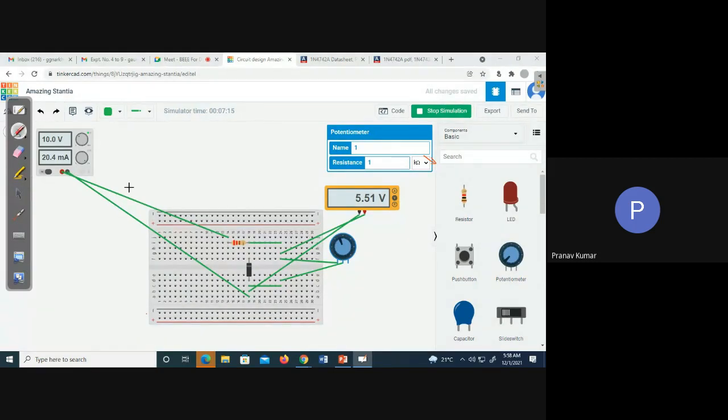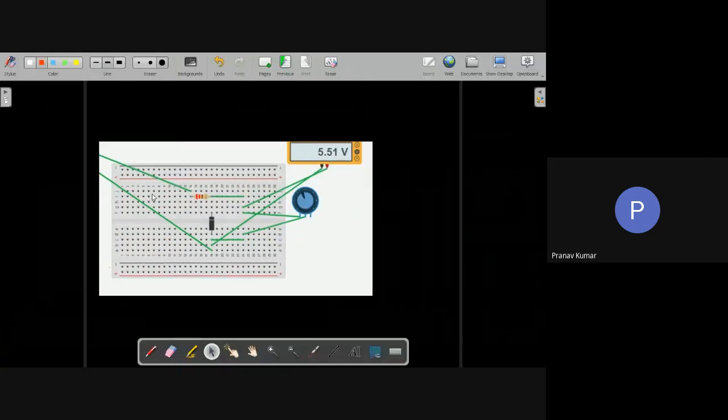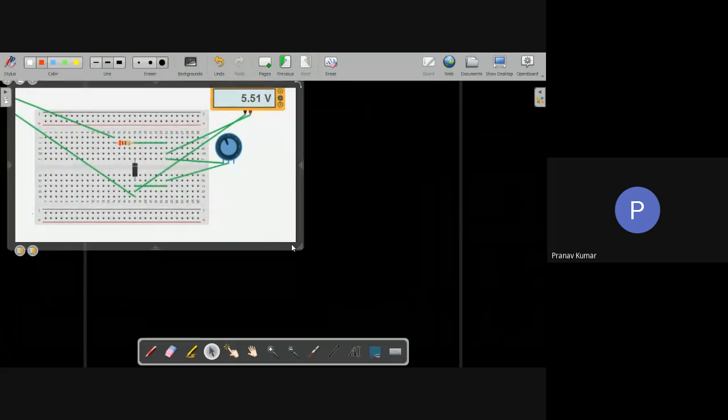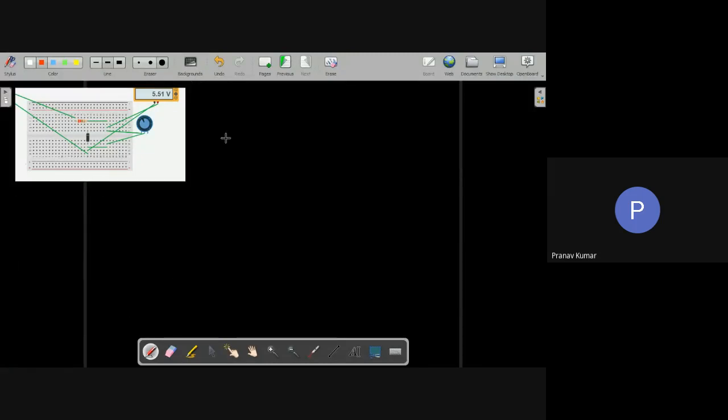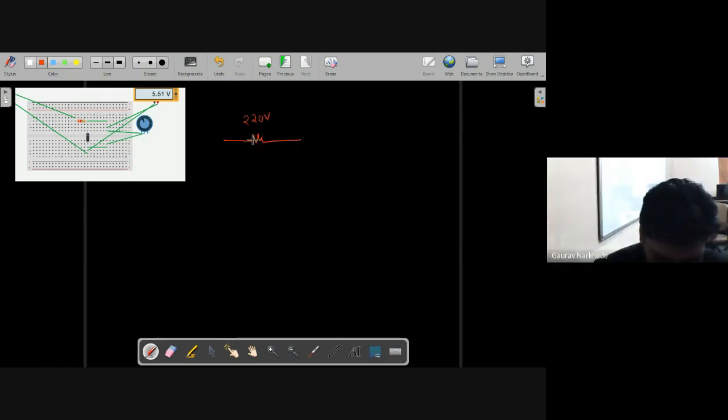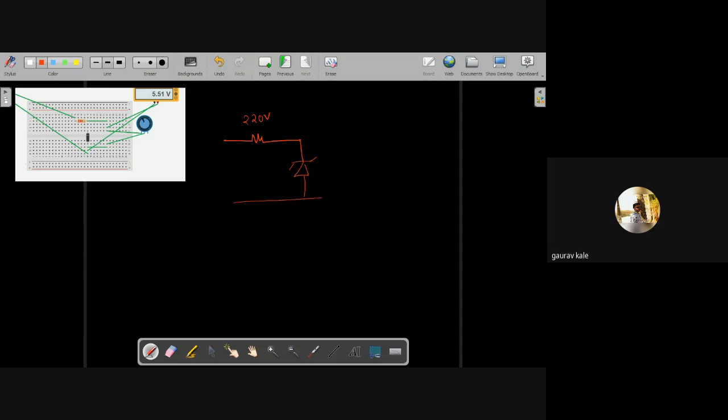How much time do we have? Okay, 15 minutes we have. Okay, I'm just taking the circuit. Okay, so can I say that this is the circuit we are dealing with? How many volts is it? 220 volts. 220 volts, right. We took 220 in the latest one. Yes, sir. Okay,